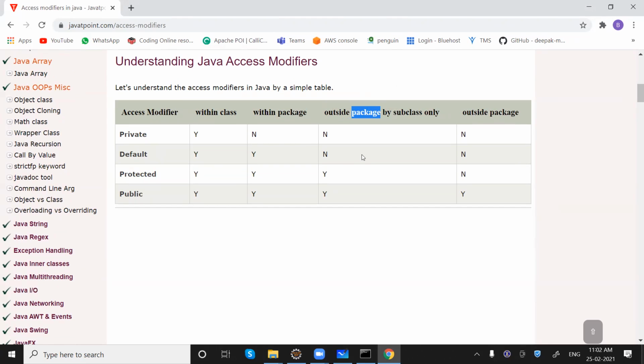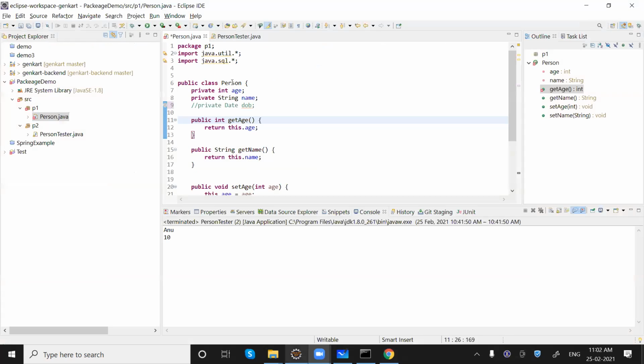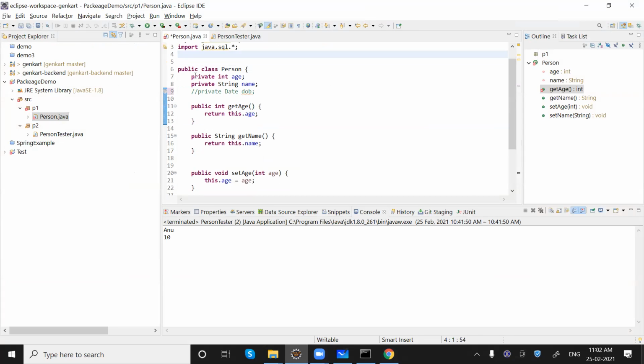Also note one more thing. For example, if you are declaring a class like we are doing here, this class can be public or default. You can keep it like this, there is no harm.